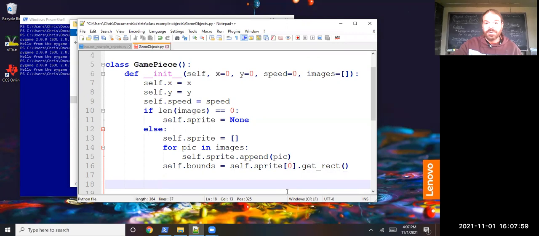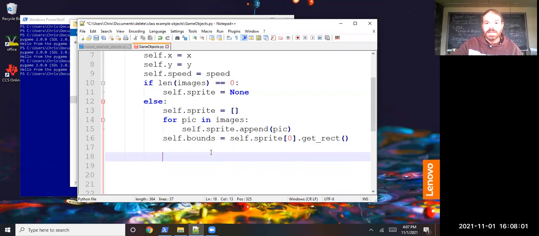So I'm going to come down a couple lines, and that'll be the first method we put in here. We'll define a method, that's our keyword in Python, to define some sort of function, something to do. I'll call it update_bounds, because remember the bounds, the boundary around our image, is separate from that image. So they have to be handled separately,